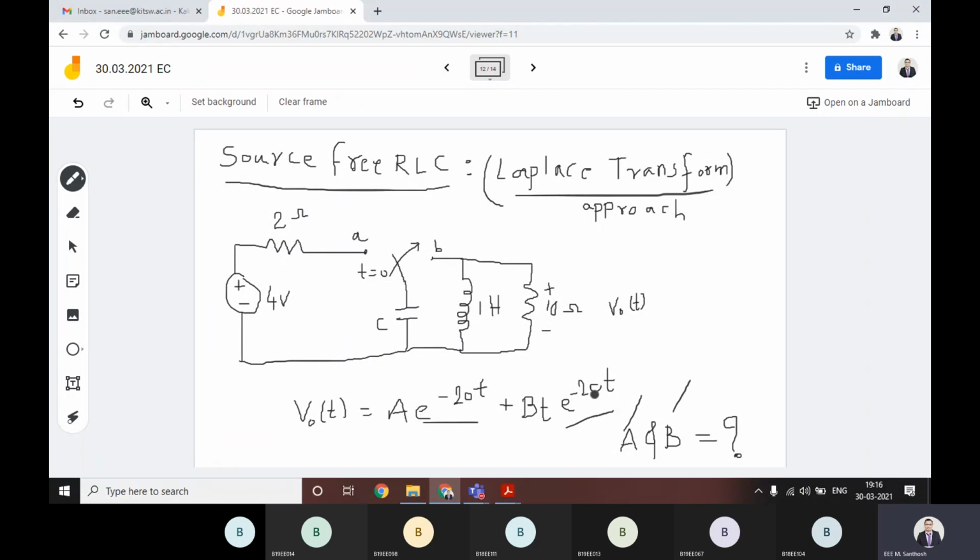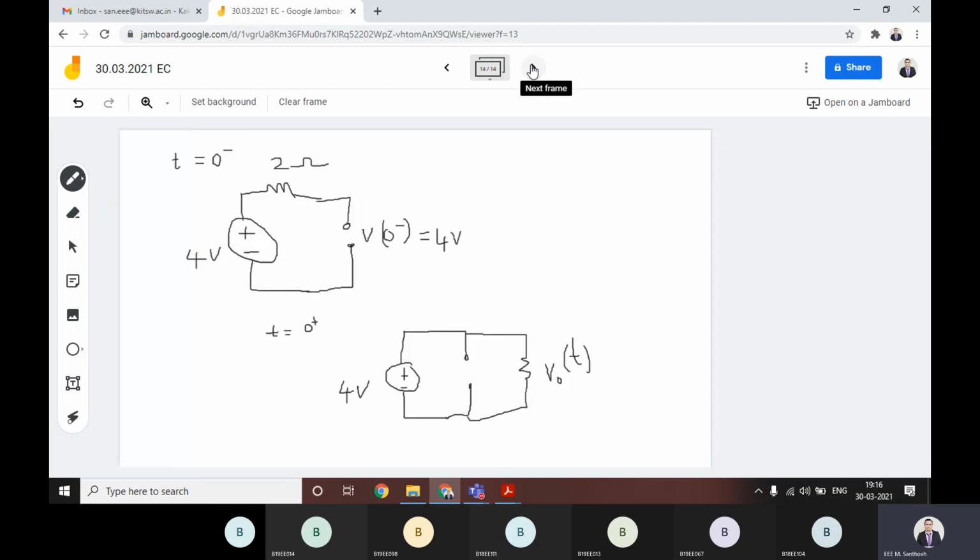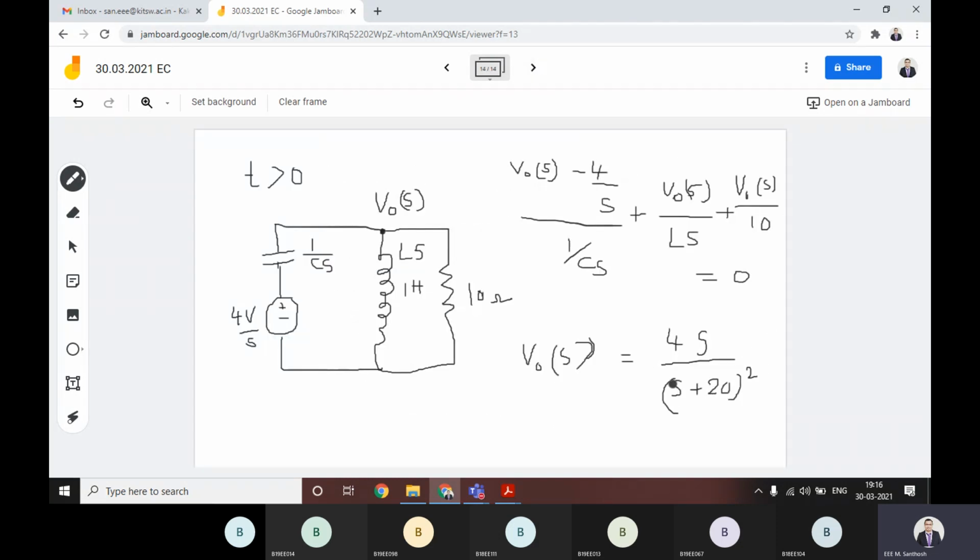This is e power minus 20t. In the Laplace transform, if you do partial fractions for this one, what do you have to do? This 4s by s plus 20 whole square